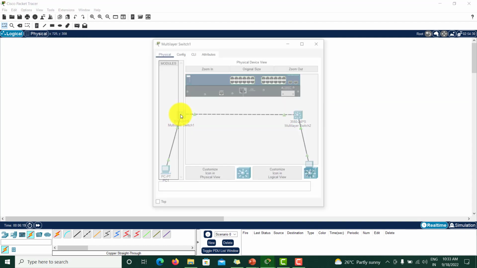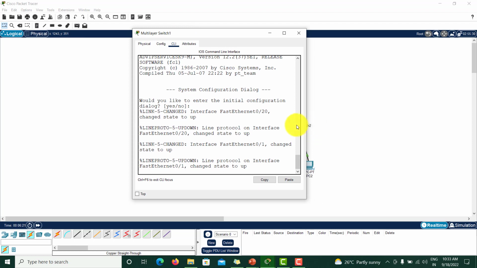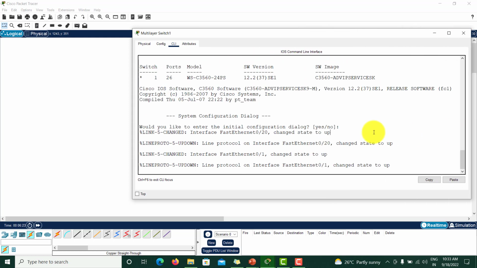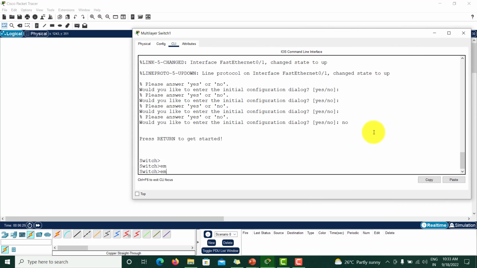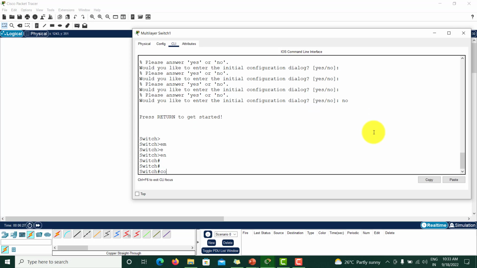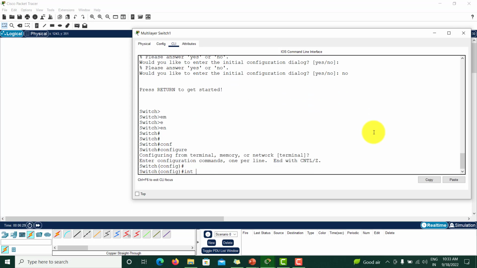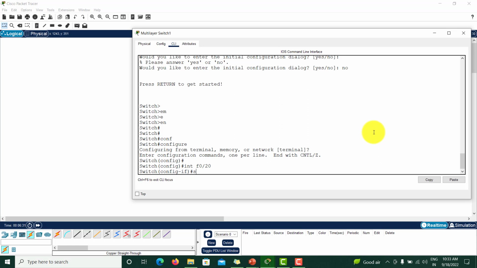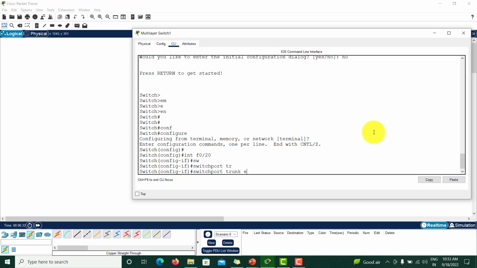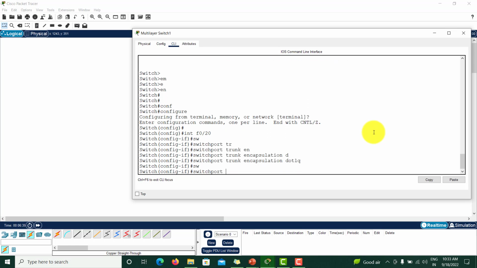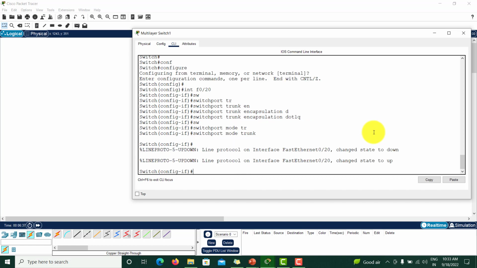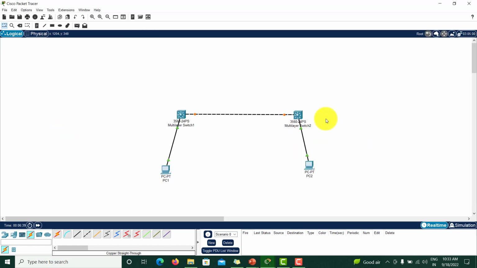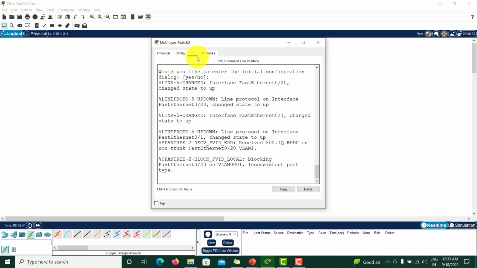So what I'll do is I'll be going to my command line of my switch 1, and here I'll say enable, configure terminal, interface F0/20, which I have connected, and I'll say switchport trunk encapsulation dot1q, switchport mode trunk. Done. Now let's go to this switch 2 as well, command line,